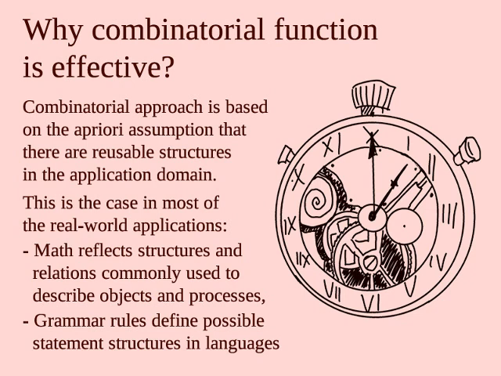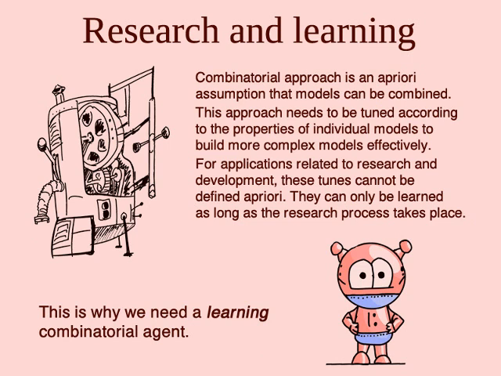Human models that reflect the properties of the real world are structured, so there is little difference between comprehending a model and learning a real subject from this point of view. And we find everywhere that a more complex model is combined from simpler models. This means that a combinatorial function, when implemented in a machine algorithm, will be effective almost everywhere, from research and development of real things and processes to communicating to humans on how to use models.